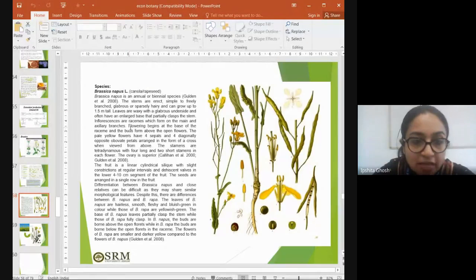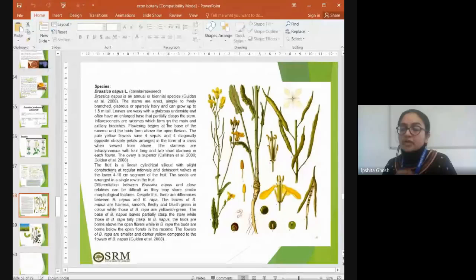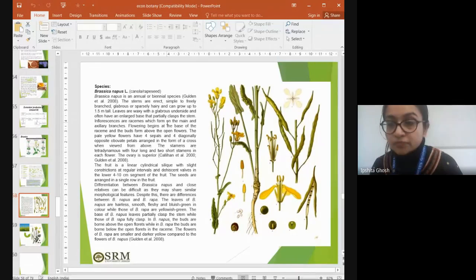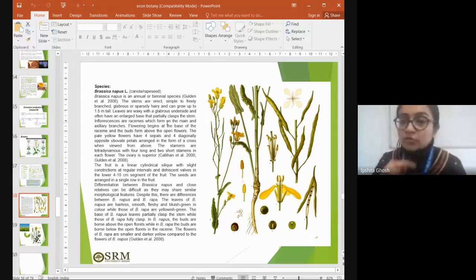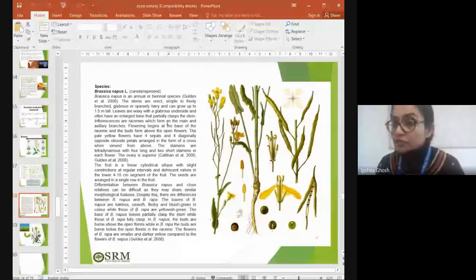Then leaves are waxy and with a glabrous underside. That's not required, just know that the leaves are waxy. Okay, so just make points of whatever you can remember, whatever is easy for you to remember. Suppose you make notes, like uses of brassica, and write down in points. Similarly, note down the morphological characters of brassica, and keep points ready, so that just before the exams you do not need to go through the entire slides. You can just go through the notes and you're done. Okay.